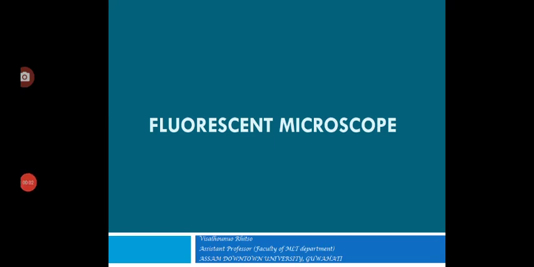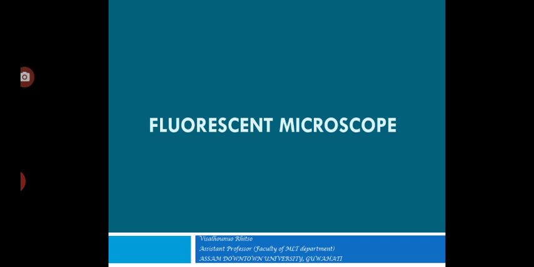Hello everyone, in this video I'll be explaining the application, advantages and limitations of the fluorescent microscope. The fluorescent microscope is an optical microscope that uses fluorescence and phosphorescence instead of, or in addition to, scattering, reflection and attenuation or absorption to study the properties of organic and